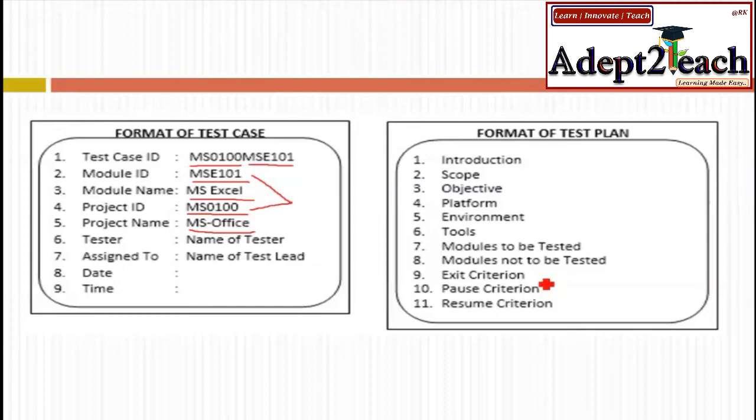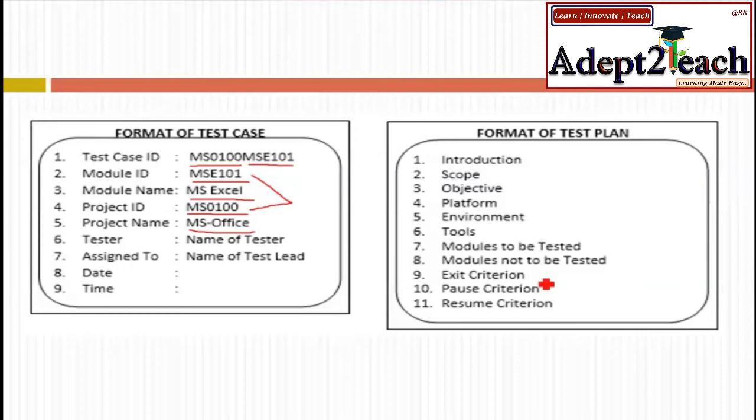Or the person who was given this particular project could not execute it, then for that particular point of time you will pause the testing, and when another person is given the same test case you will resume the testing. Another reason when you can pause or resume, maybe for some inputs that you are giving to the system, you want to see now how it is running line by line. So you run one line, you want to identify from where this problem is occurring, and you want to go back to the code. You have an option of running line by line to see what variables are getting what values when you are doing programming.